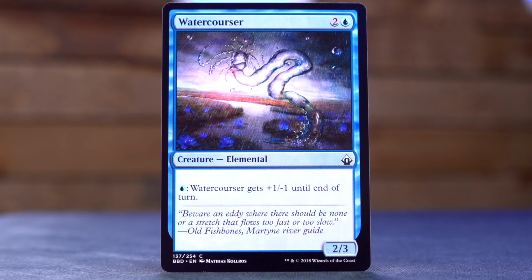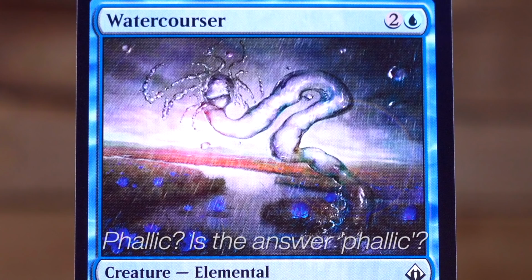Water Courser is next. 2 in a blue for a 2/3 elemental. For 1 blue mana, Water Courser gets +1/-1 until end of turn, so you can accidentally kill your own Water Courser. Careful with that. Also, it says it's an elemental, but it's just like an eel. It's a watery eel. It looks unsettling. I wouldn't want to encounter a Water Courser in real life. I mean, that's true of most creatures in Magic the Gathering, if I'm being completely honest, but Water Courser just,